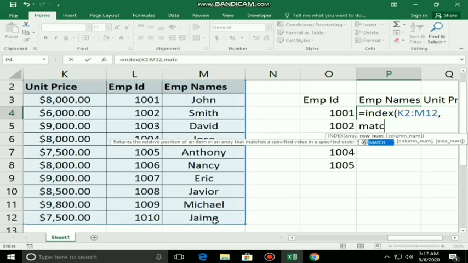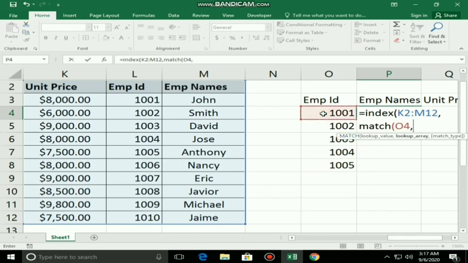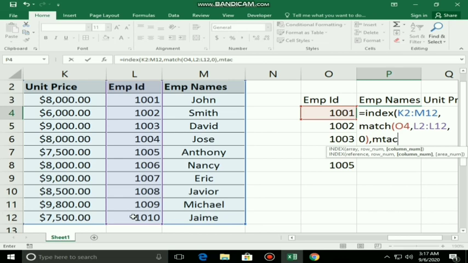Now MATCH: employee ID, comma. Next, where can we find this employee ID, in which column? Select that entire column, starting to ending, comma, 0. Then one more MATCH: employee names, comma.